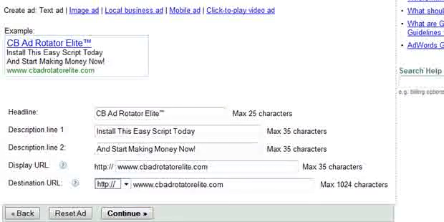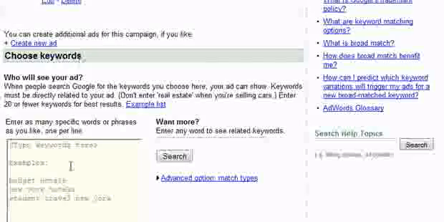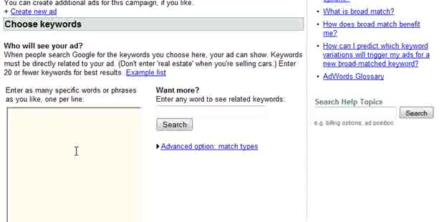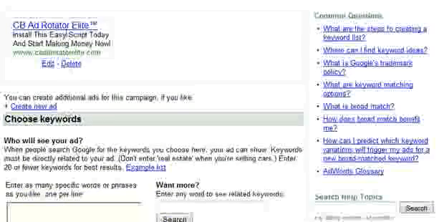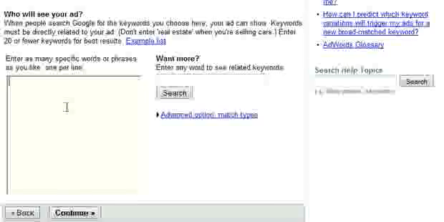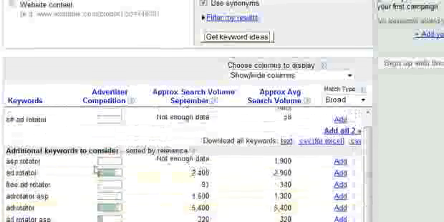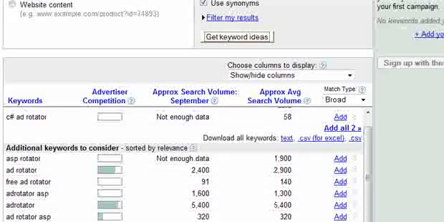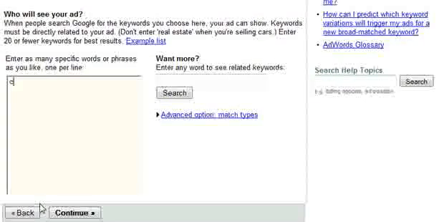So once you get through all this, you hit continue, and then now you can choose the keywords, and these keywords are actually the keywords where you're going to have your ads show up on. Now if you look, the CB Ad Rotator Elite, this ad is just one. Well, you can create this little link here and create more if you like, but let's just stick with this one for now. Now for keywords, if we go back to this keyword tool, you remember it gave me some recommendations. Well, let's go ahead and type in CB Ad Rotator,